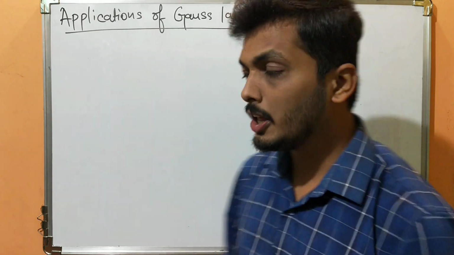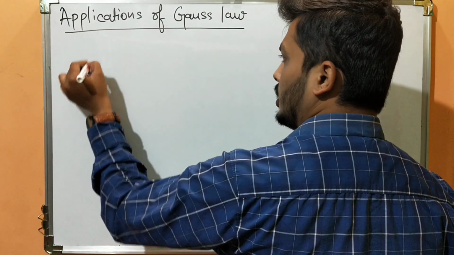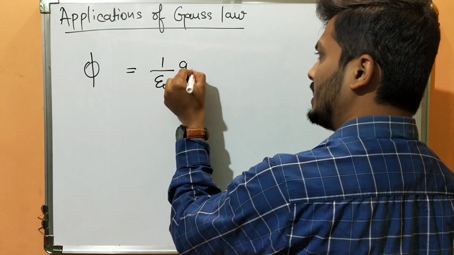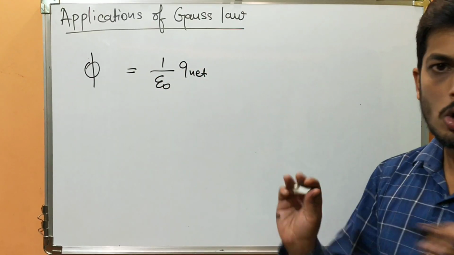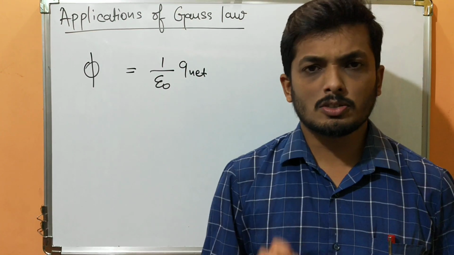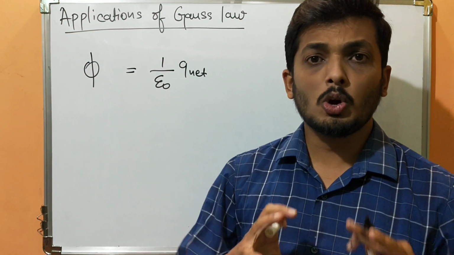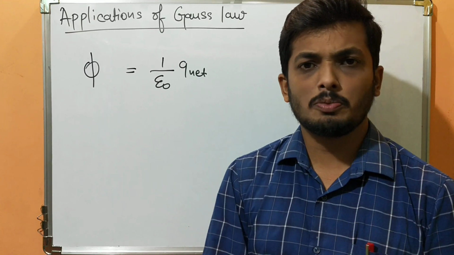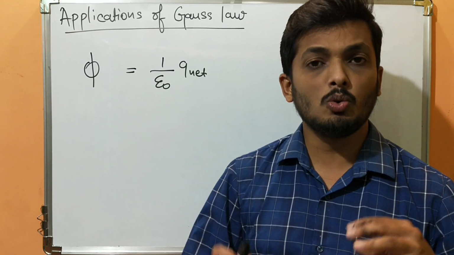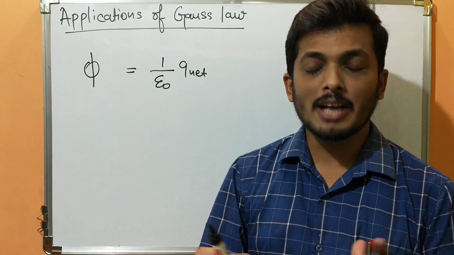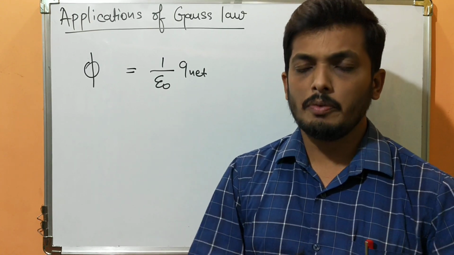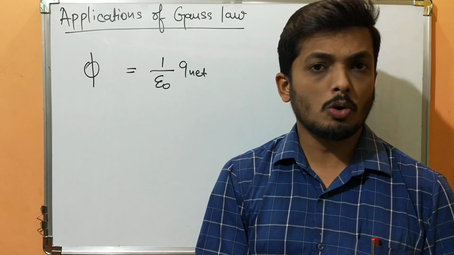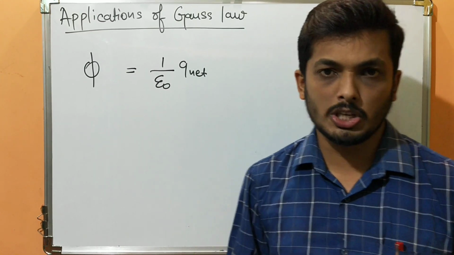So if I write the mathematical equation of Gauss law, what do I get? The total electric flux is equal to 1 upon epsilon naught times the net charge enclosed by that closed surface. Remember the conditions of Gauss law. A surface should be a closed surface. Even if the surface is not closed, we have to make certain adjustments. There are certain conditions where we need to imagine a surface to be closed. We will see as we get to the problems. And one more thing, we always have to consider that closed surface as a Gaussian surface.